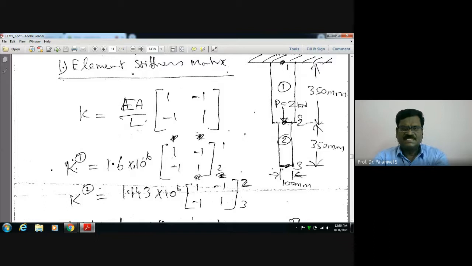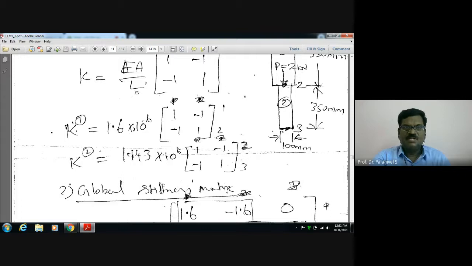Just for understanding, this is an exercise on how to approach this problem by the finite element method. You have to write the element stiffness matrix first. You know, for a prismatic axial bar element, AE by L into [1 -1; -1 1]. So K equal to AE by L into this matrix. The AE values are given here and substituted. This was prepared very roughly long back. K1 and K2 I have written. Only the AE value differs: area is different, Young's modulus is the same, L is also the same. You compute and write down here. Be careful with the units.